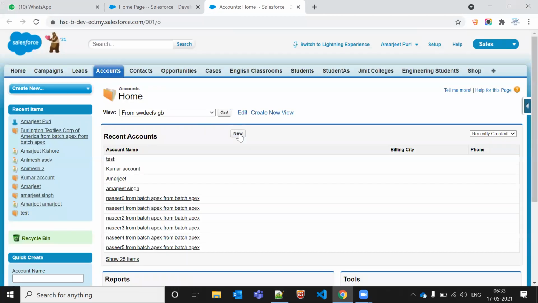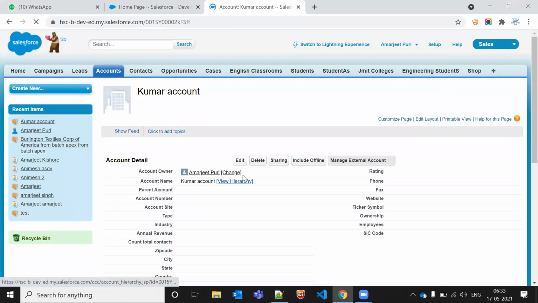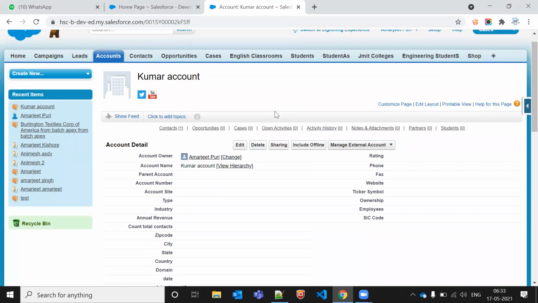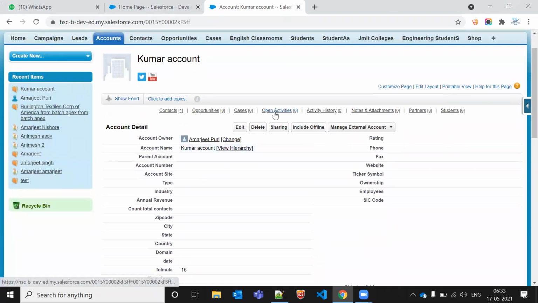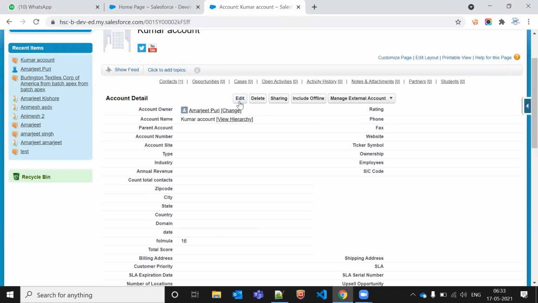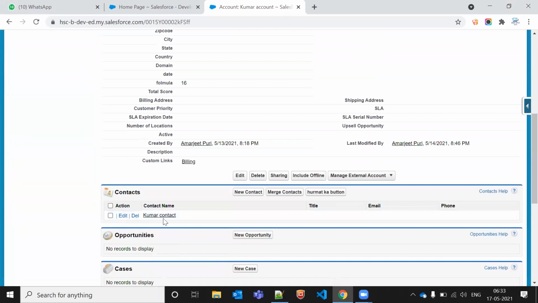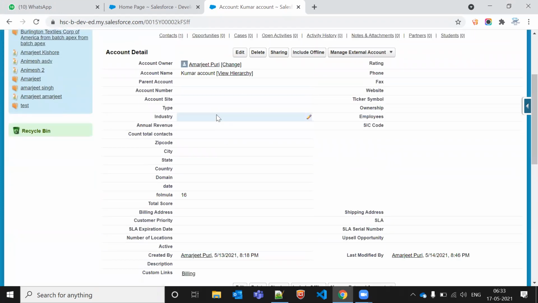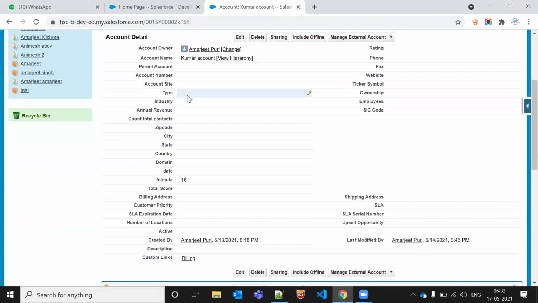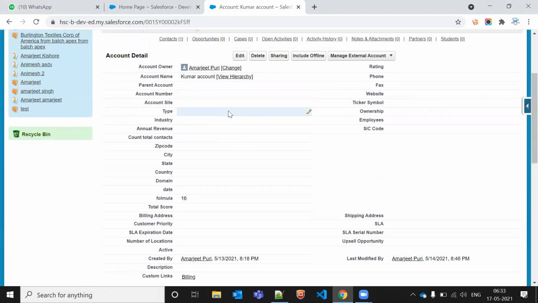What should happen if I click on the New button, and let's say I created this Kumar account? After creating this Kumar account, some record should be created under this account. If I'm creating a new account, one contact should be created. If I'm updating this account record, it should be increased by 2. But if it is more than 1, then one checkbox on the account object should be true.